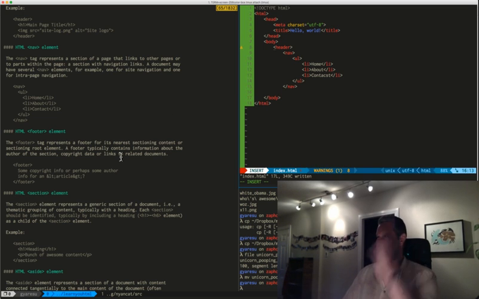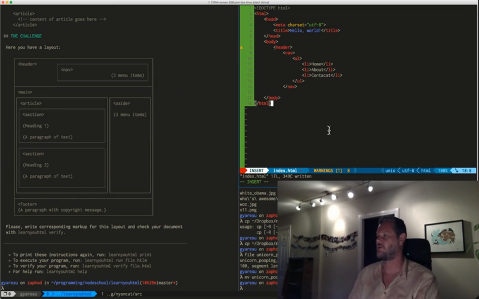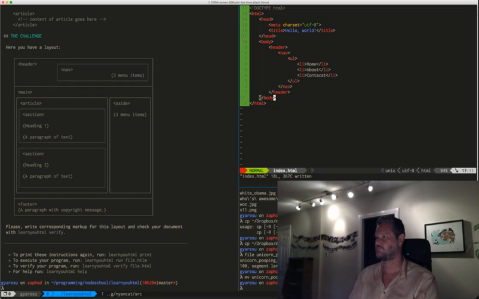So we've got our header and our navigation. Do we want to close our header now? Yeah, we do. Okay, and header. Okay, so next, main and article and section. And is that right? No, or aside. Article, yeah, no, that's fine. Article, section,